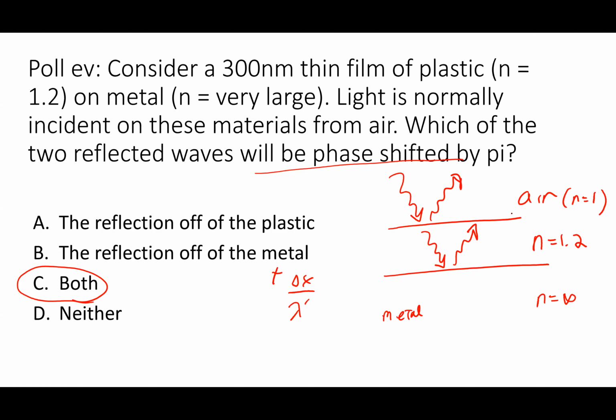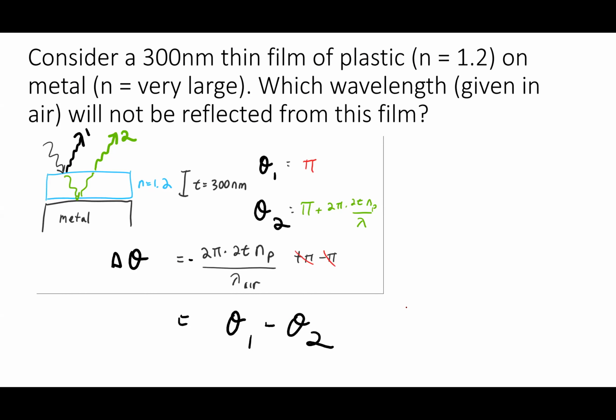So for example, if I had a film of plastic on a metal, then I would actually have phase shifts on both of these reflections. So both wave 1 and wave 2 in this case would get that pi phase shift. If I used that same equation I just figured out in this situation, I would get the wrong answer. Now if I'm looking at a film of plastic on metal, then I have the phase shift in both of those situations, meaning that when I take the difference in phase, those two pi's cancel out,